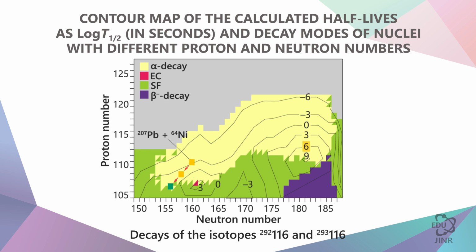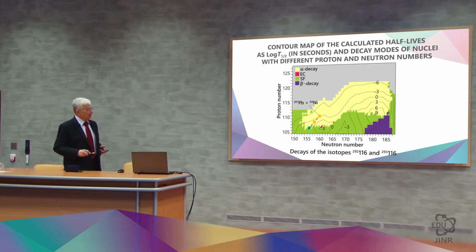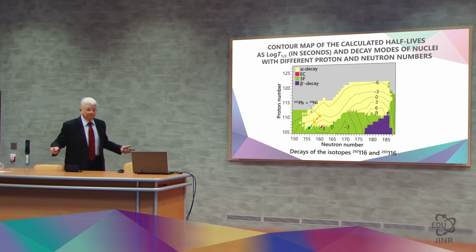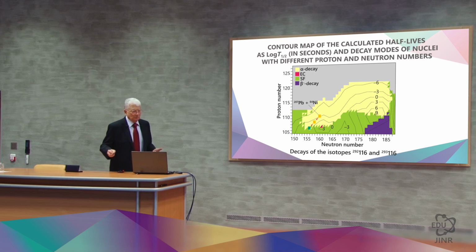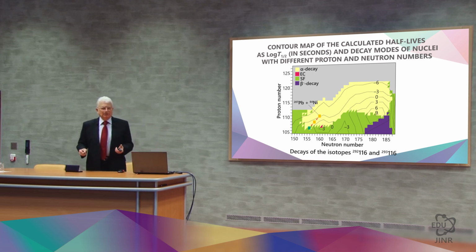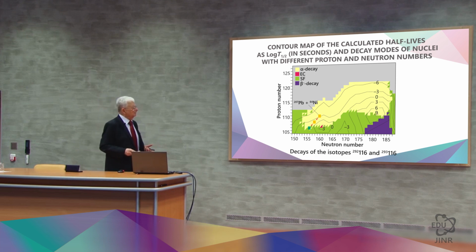thousands of seconds, 10 days, 100 years. This indicates the sharp increase in lifetime. And here, the nucleus undergoes mainly alpha decays. It is still relatively stable in relation to spontaneous fission, the zone of which is shown in green on the map. Now we are trying to reach this area by using calcium-48 and a target of heavy actinide isotopes,